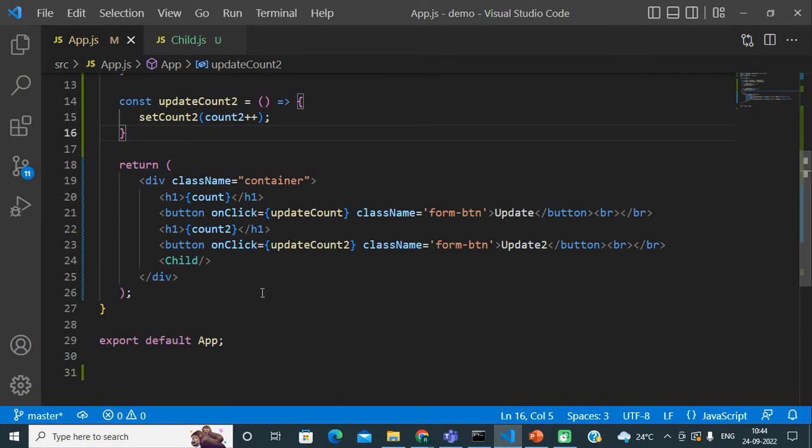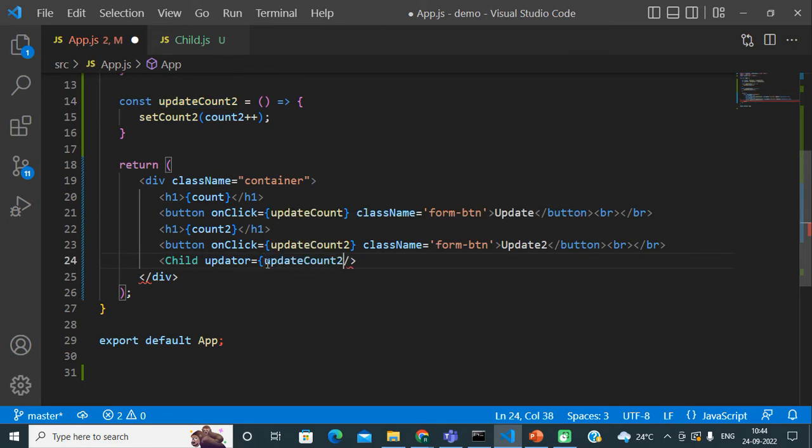Okay, so friends, let's say I have a requirement, this might not be a logical example, but just consider it as an example. Let's say I have a requirement of sending this function as props to this child component.